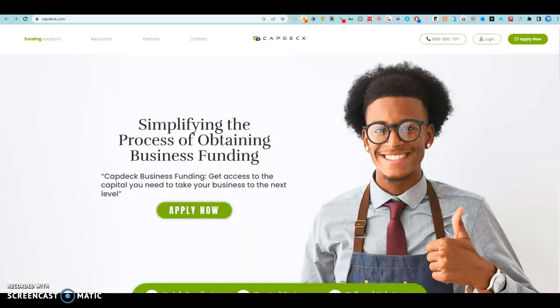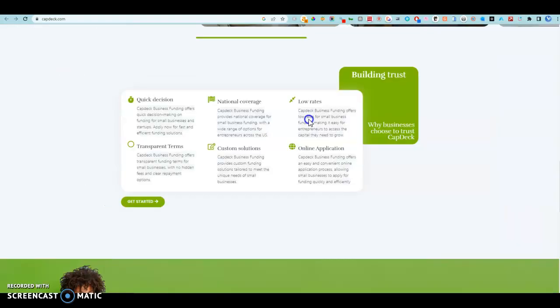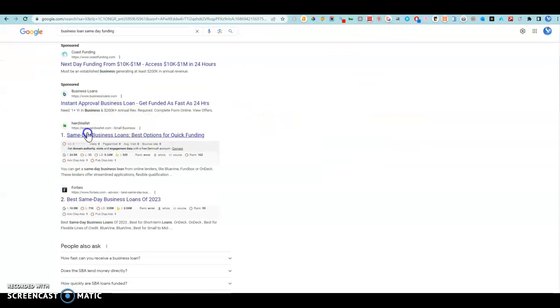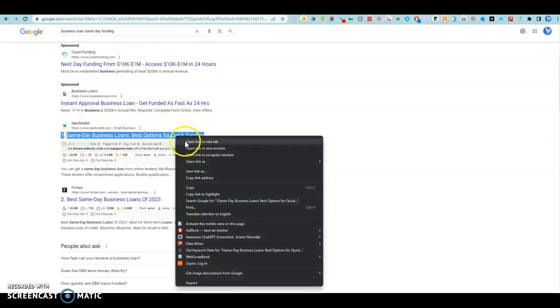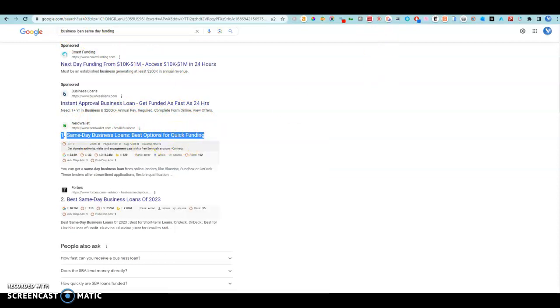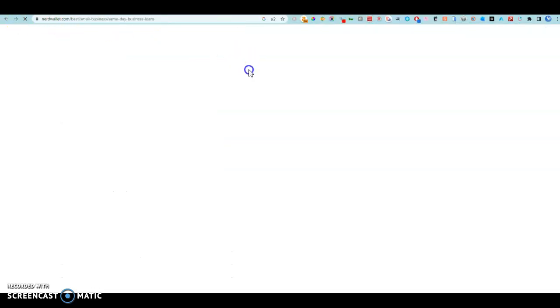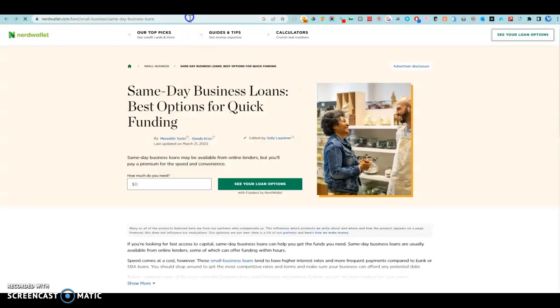Okay, so that's with keywords and your website. I've talked about citations, which are good. Now, I also wanted to look at a few of your competitors here. That's CapDeck. I know you want to be as big as NerdWallet or Forbes. So the ways you can rank above these big guys for just this search, because what's showing up right here, let me get to that result, NerdWallet. It's just this page that's ranking.